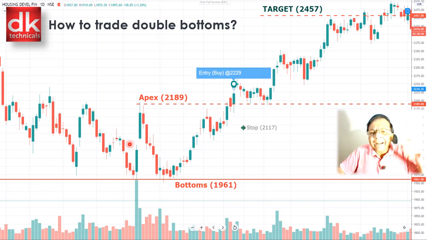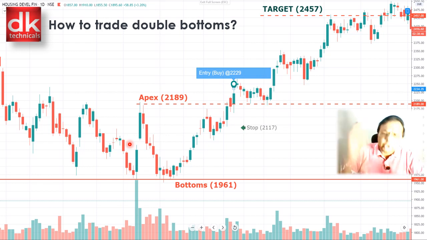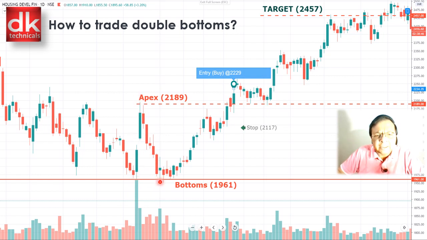99.99% of the time the market will correct to form a certain kind of reversal chart pattern, and for that it has to correct. Either it will form inverse head and shoulders or friend it will form a double bottom kind of formation. You can see this was a parabolic rise and similarly a vertical fall was witnessed and again the next bottom was formed. So these are two similar bottoms which have been formed at the price line of 1961, and you can see the market has failed to make a lower low kind of structure, which here it was making. This low is lower than this low is lower than this.